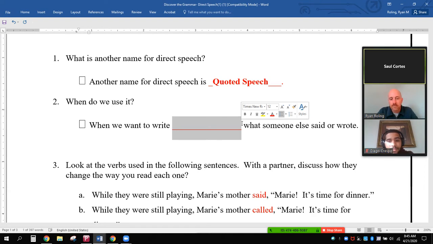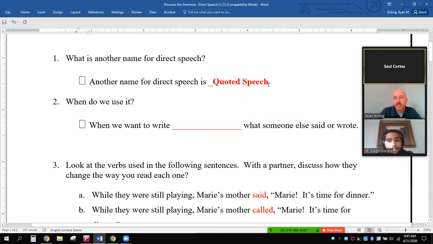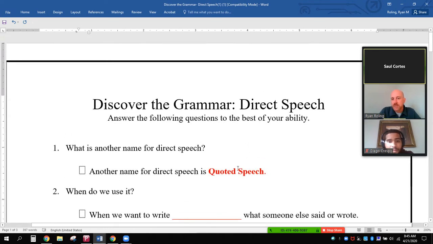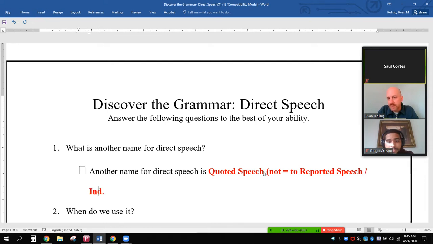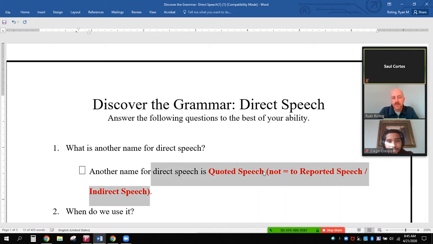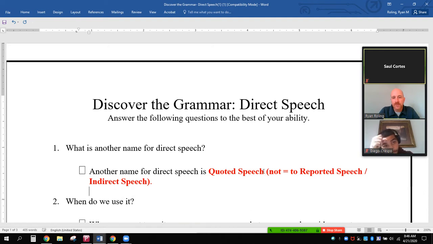Is it the same as reported speech? No, we'll talk about that in a minute. Reported speech is a little bit different. So there is direct speech and quoted speech, and then they are not equal to reported speech. And that one is called indirect speech. And for this writing assignment and for this grammar point, I want to focus on quoted speech or direct speech,